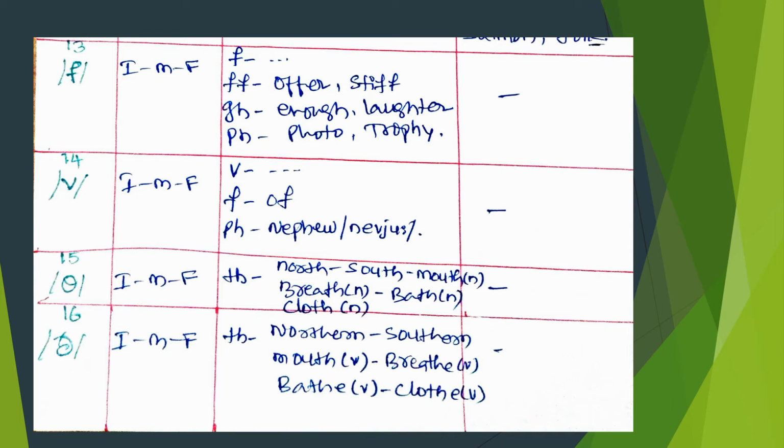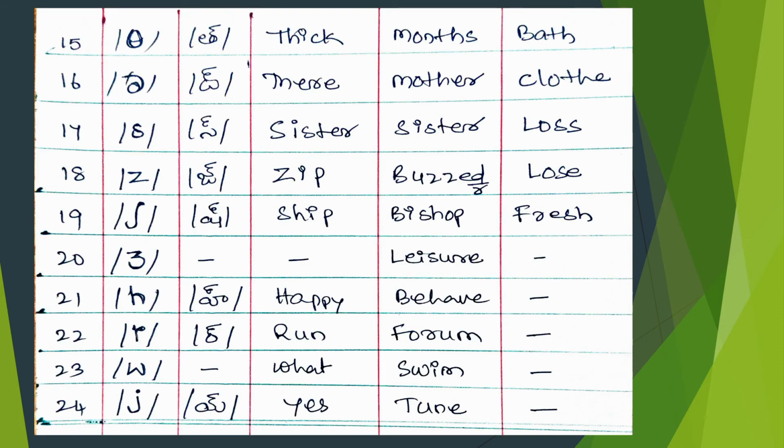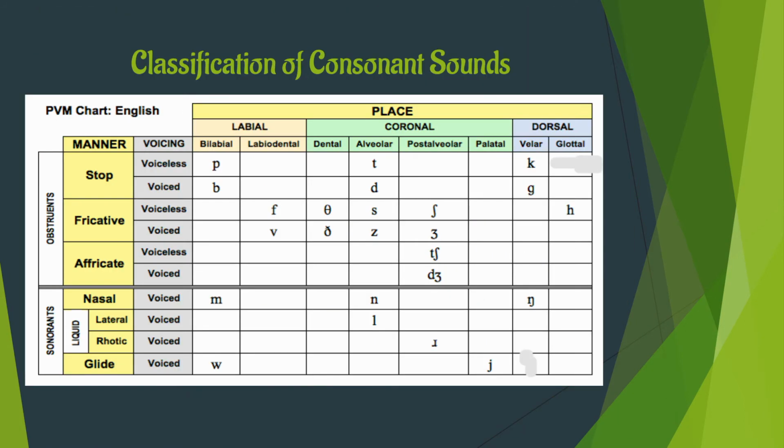Okay. Now, let's move on to the next fricative. Next, same labiodental fricative, but this is the voiced one. This happens in the words such as van, v. Keep your fingertips on the throat and say v. Yes. The lower lip is coming very close to the upper teeth and the air is pushed out, but the vocal cords are vibrating. So that's why it is a labiodental voiced fricative.